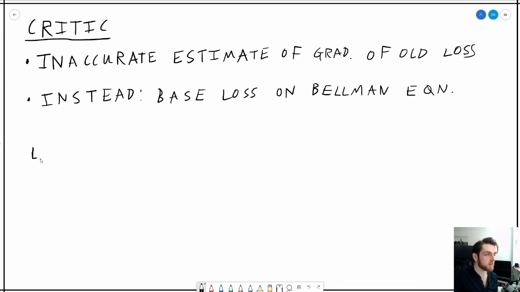So this is given by L_TD now to indicate temporal difference. The sum over states and actions, p theta